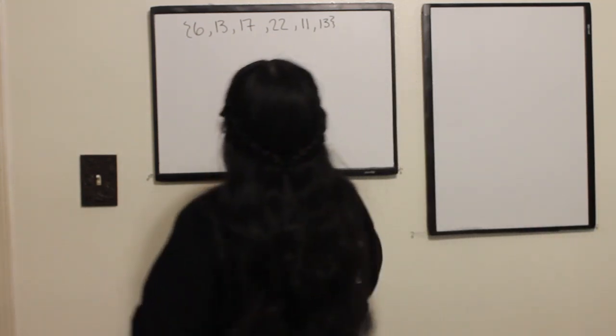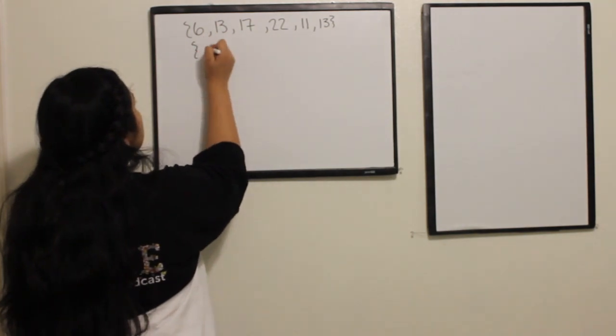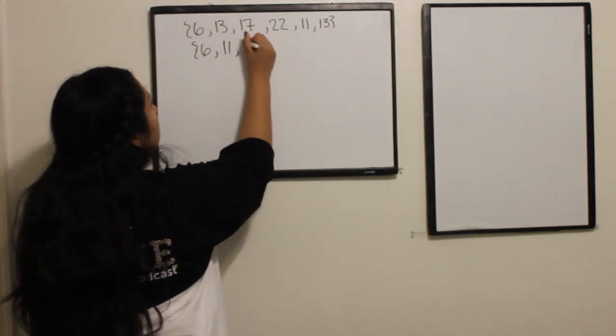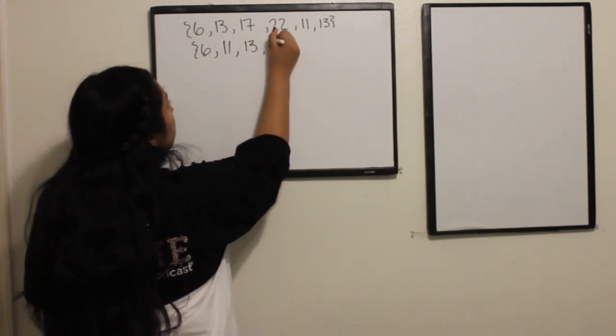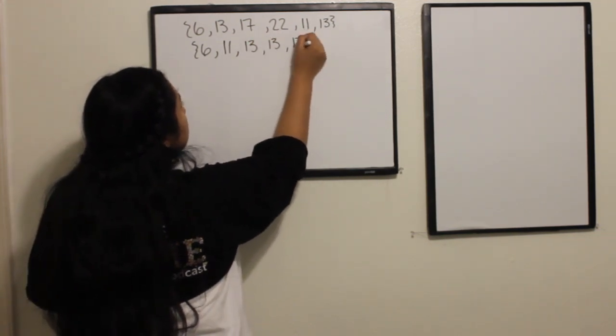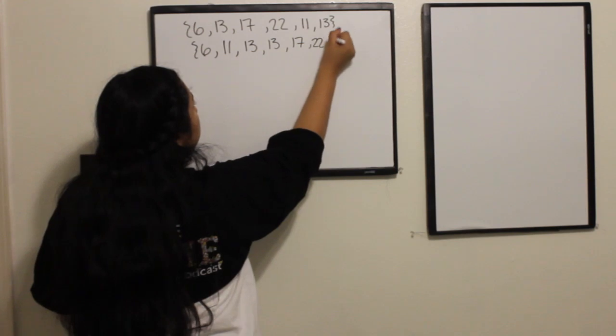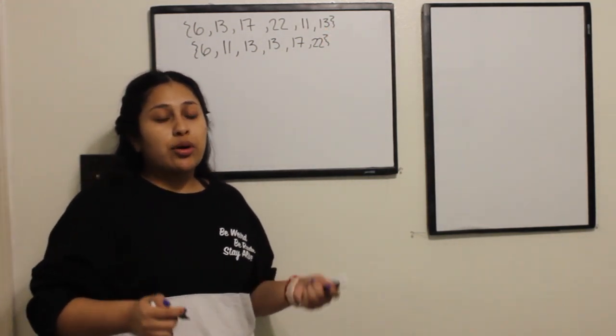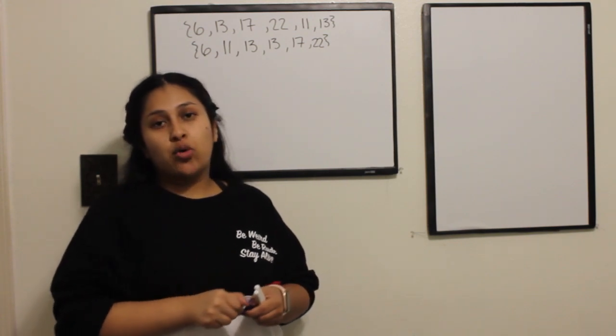So our smallest number would be 6. And then we go on and we see 11, 13, 13, 17, and 22. This is how we're going to rearrange them so that we can correctly find our quartile 1, 2,